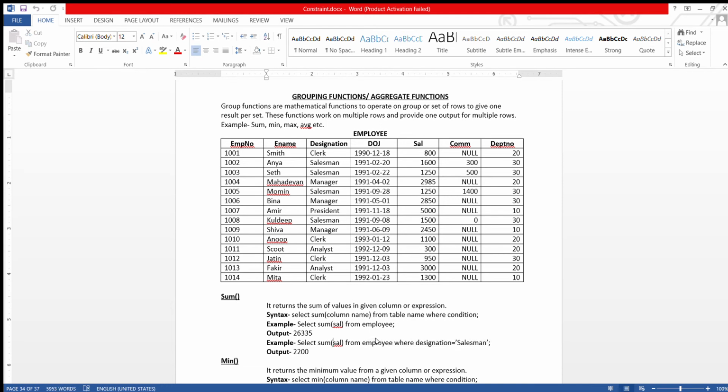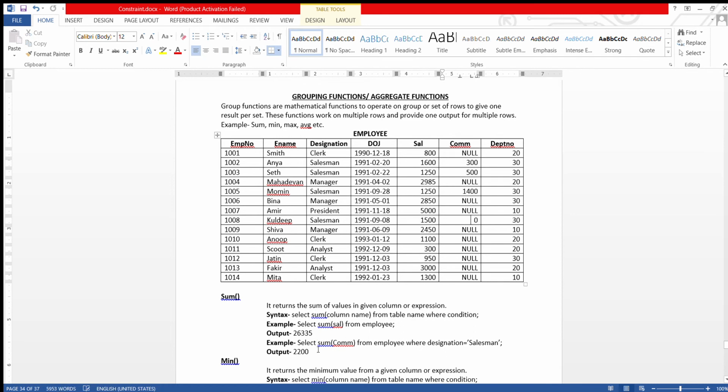I want to perform the sum only for the salesmen. So it will just add 300, 500 plus 1400. Here the column name is commission, not salary. So it will add the commission column of all the salesmen: 500 plus 300 plus 1400 plus 0.